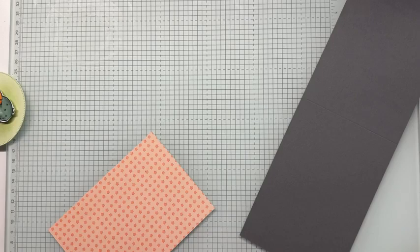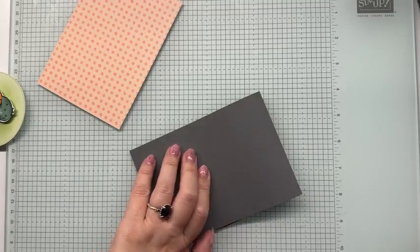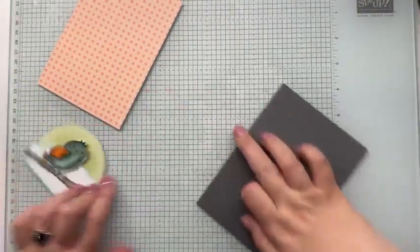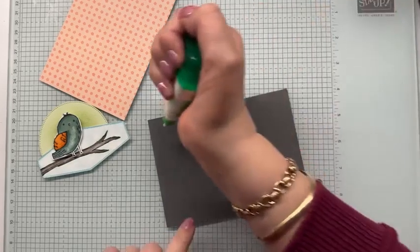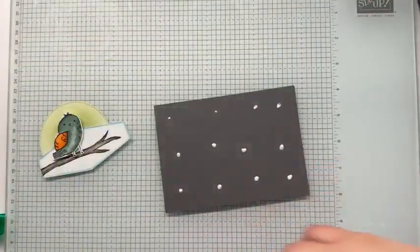I'm trying to get that scrap away in the right place, trying to keep it as neat and tidy as we can. I love that I've used up a use-it-up piece of paper in this. My month challenge is still going strong. I didn't get through everything, but I did get through a great chunk of use-it-up pieces. And the rest, I think, will go to my grandson's daycare. Not that they know about it yet,